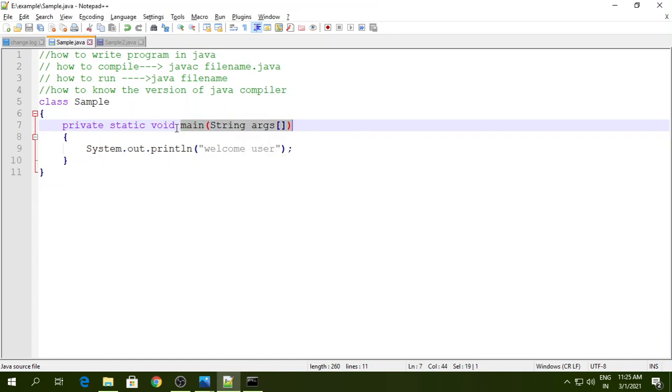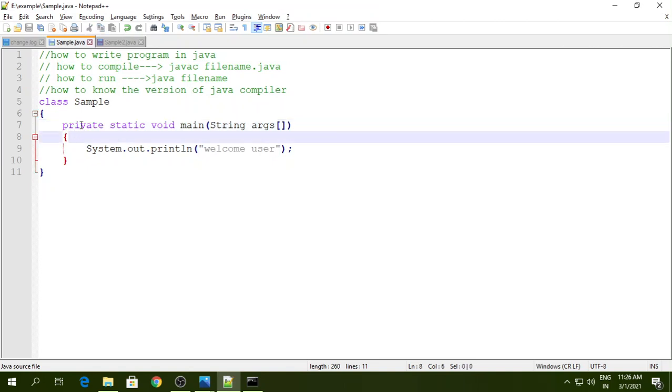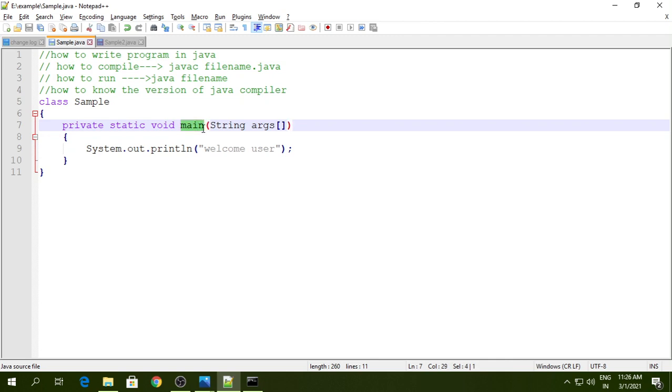And the JVM knows that whenever it calls the main method, the signature of that main method should be public static void main. But here it did not find a main method, because whenever it starts reading, take an example, your JVM is reading this statement, it will check the main method and check whether the signature of that method is correct or not.